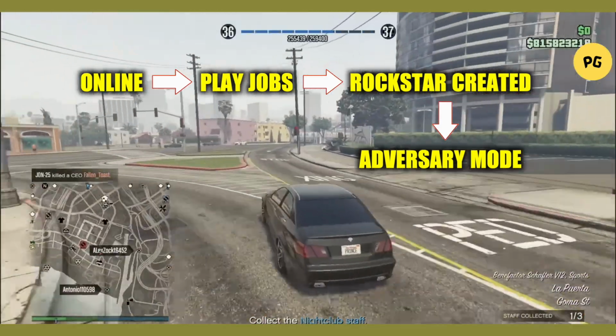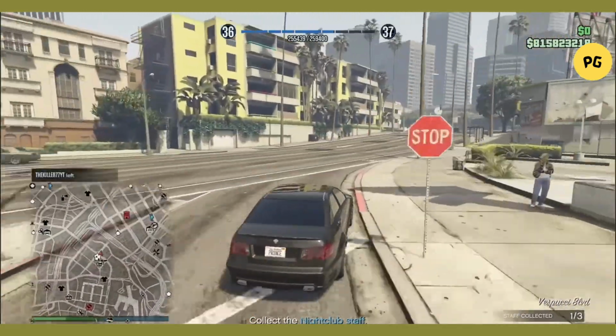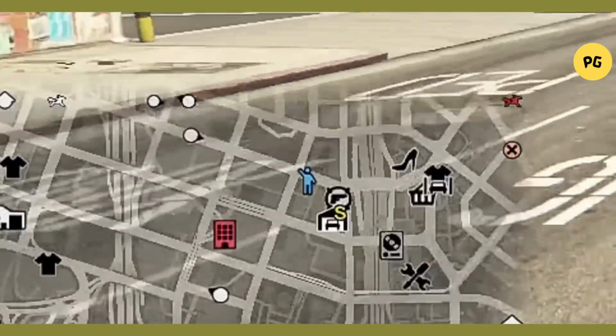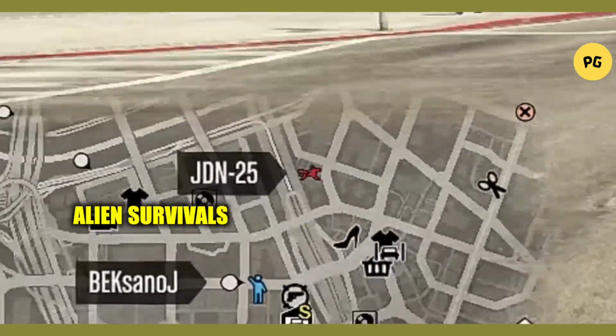And also you can go with the slasher. If you win both the rounds in slasher, you will be easily making more than $30,000. So just play slasher. And the other way is that you play alien survivals, and for that just follow the